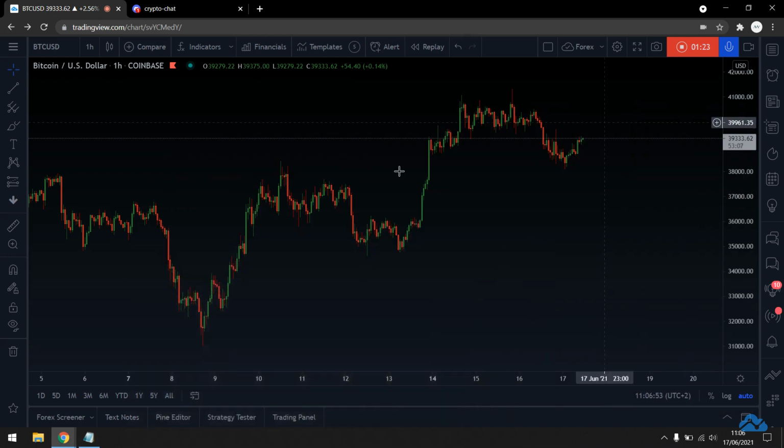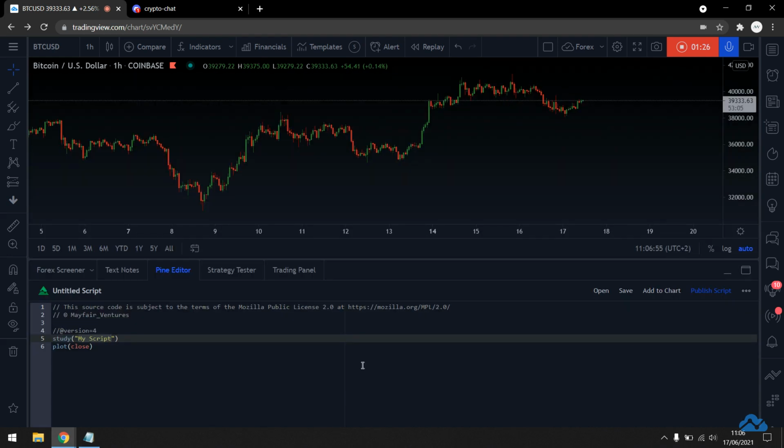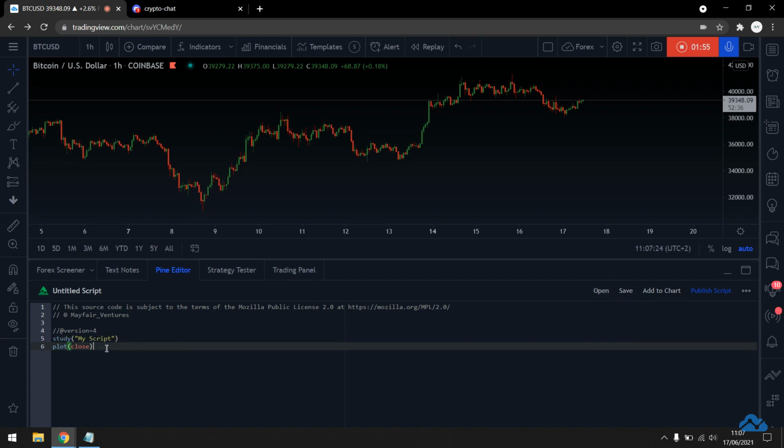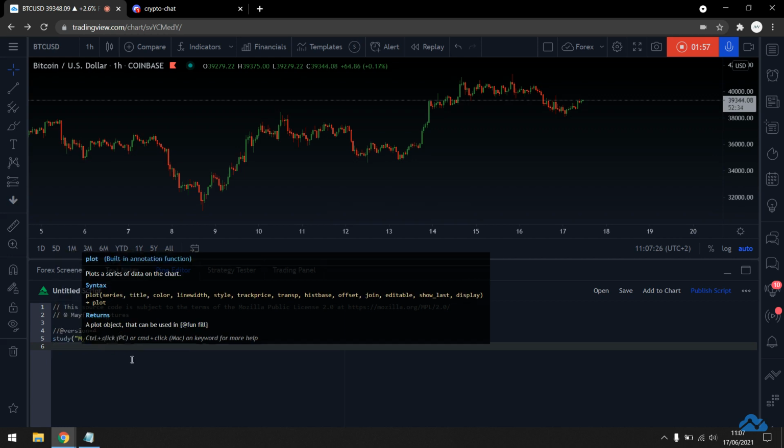So to start with, when you come down to the Pine editor, you've actually got the ability to create a new blank indicator. You can go a bit more complex and come into the strategies, but that's something for a little bit later on. And maybe our business partner, Paul, will do another video similar to this with a little bit more advanced techniques. He's a bit more code happy in terms of what he's able to do and the ability that he actually has. I think for me, I just like the simplicity of this. So I'm just going to get rid of the plot to start with because that's irrelevant to where we are.